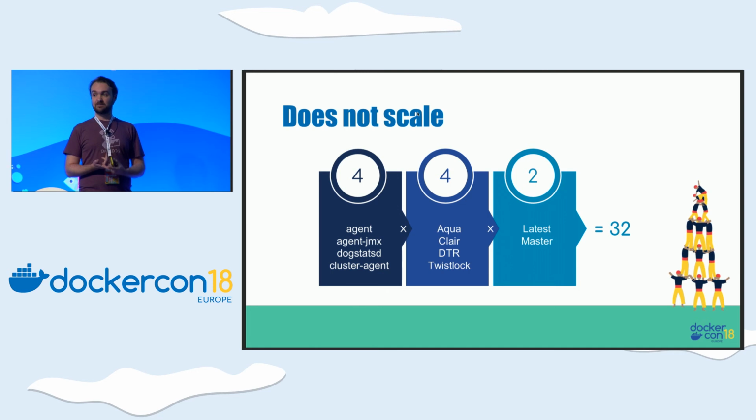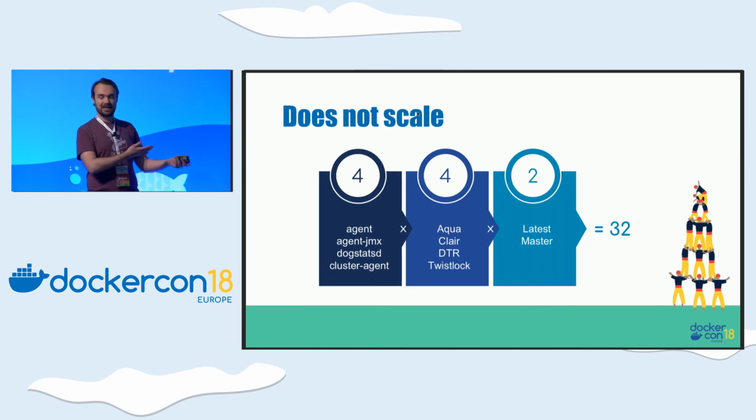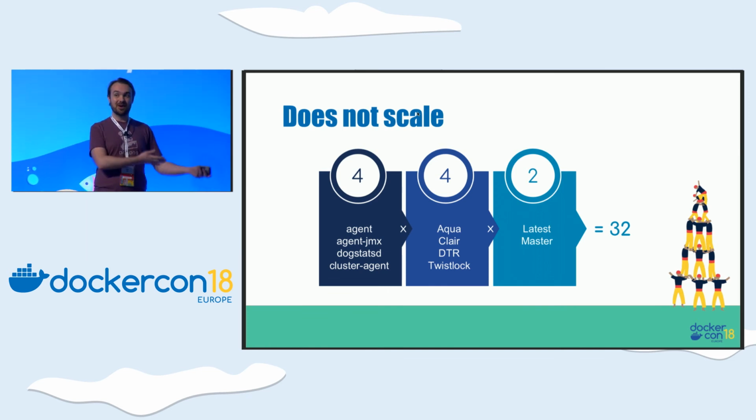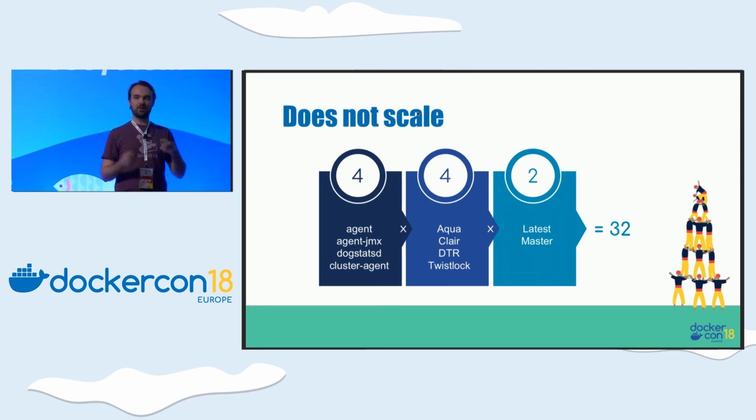And we wanted to scan master, of course, but also latest, because you want to make sure you don't have vulnerabilities in your previous versions, because these are the versions that are actually running in your client's infrastructure. And that's a total of 32 reports to look at. That's way too much. And you have to go to the website and download the report and look at them.